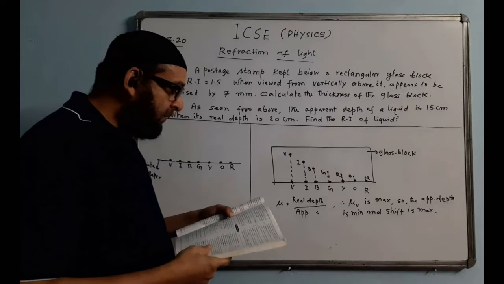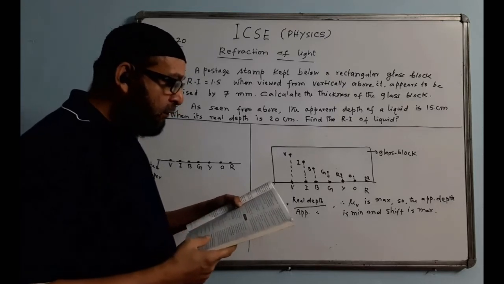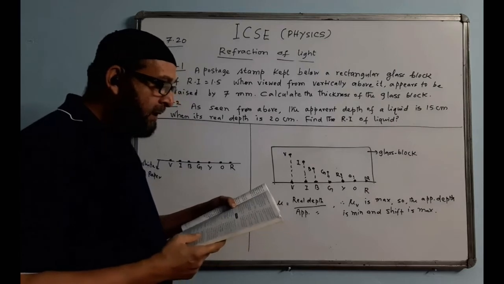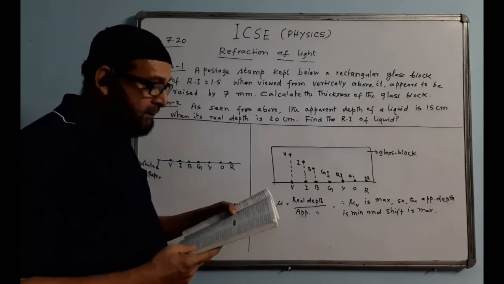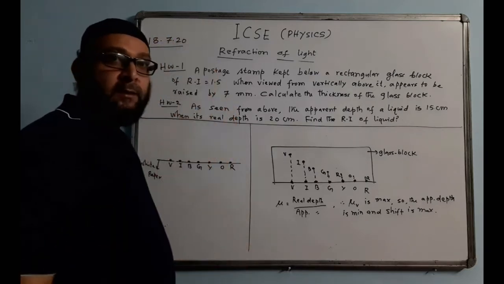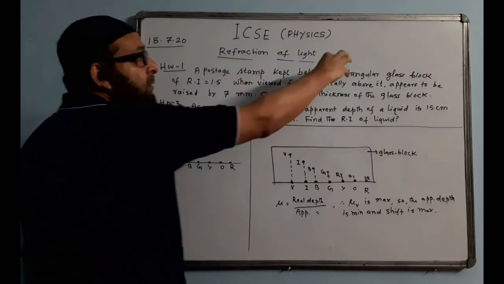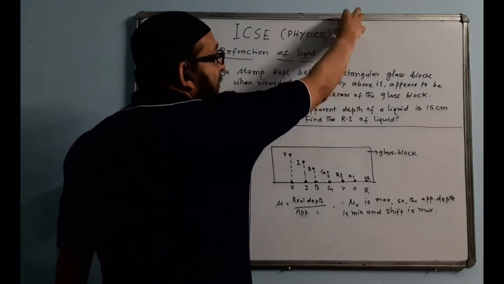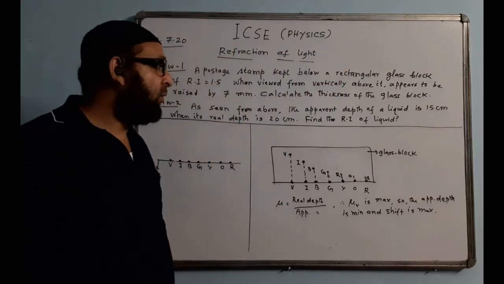Another question they have given, another consequence. The sun is seen a few minutes before it rises above the horizon in the morning, and in the evening a few minutes longer after it sets. That means the formation of twilight. The sun has already set, but we receive the sunlight for quite some time because the sun's image will be formed slightly above it. So we will still be able to see the sun for quite some time.